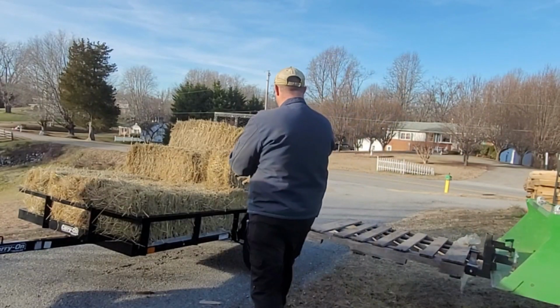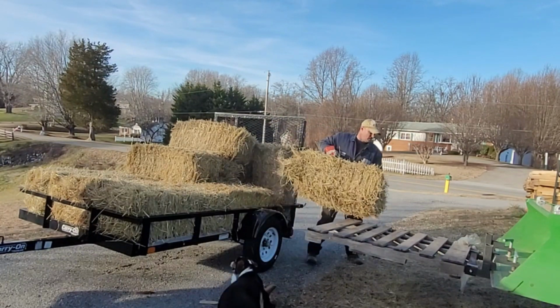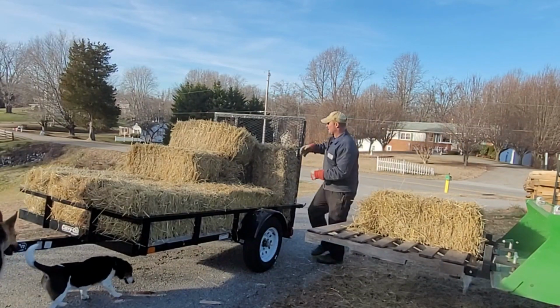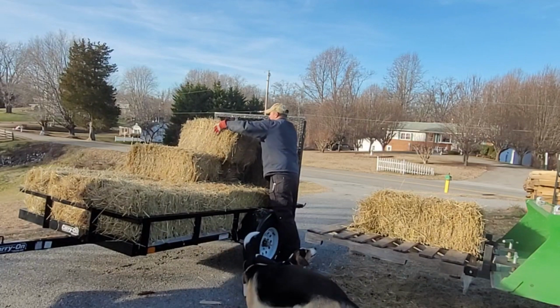All right, just got back from running my errands, so we're going to go ahead and unload some of these square bales onto this pallet and then take them down to the barn. I've never driven the tractor into the barn, but I think that's what I'm going to...